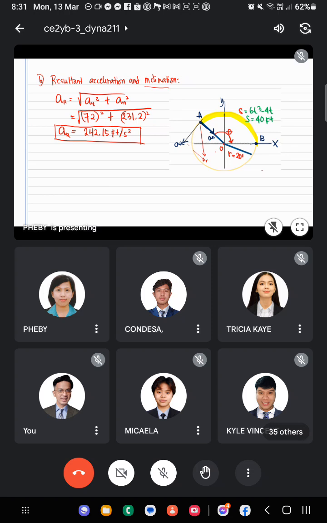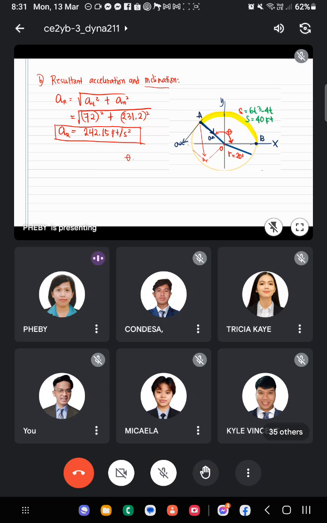So what we are looking for is its theta. To get theta or its inclination from point B to A,